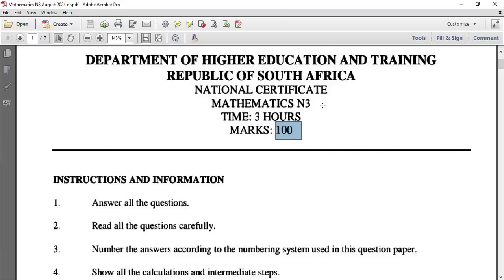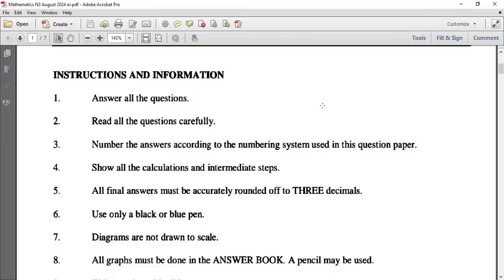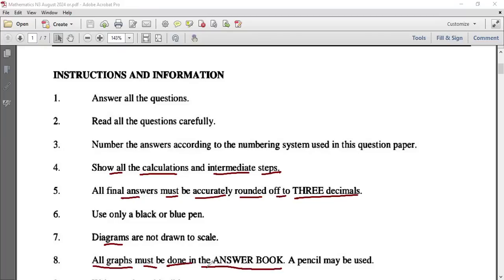So in this case, make sure that you go through every part of the instruction. And in this case here, it is important that you do show all calculations and intermediate steps. Then all final answers must be accurately rounded off to 3 decimal places. All right. Then technical diagrams are not drawn to scale, and all graphs must be done in the answer book. A pencil may be used,